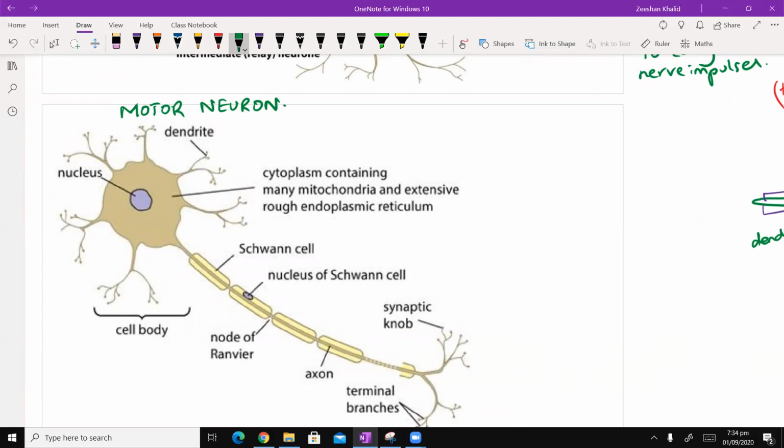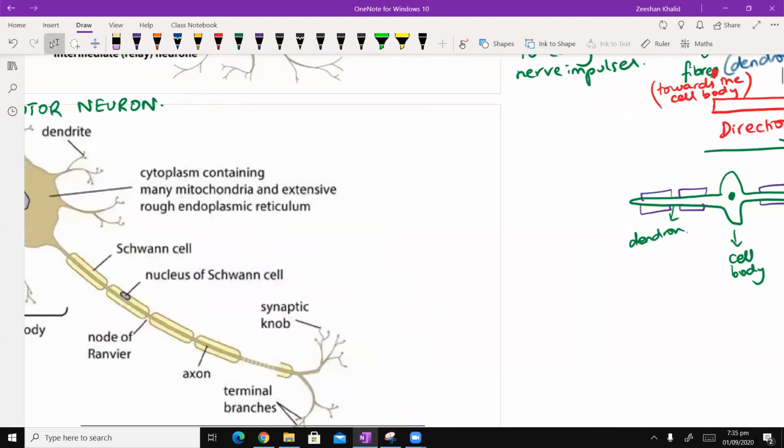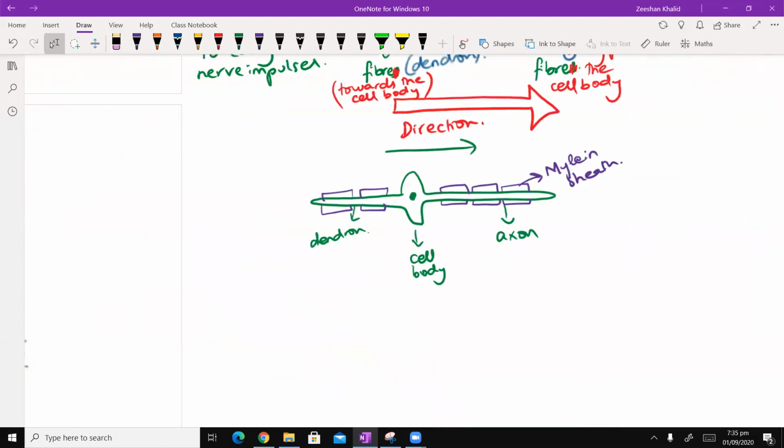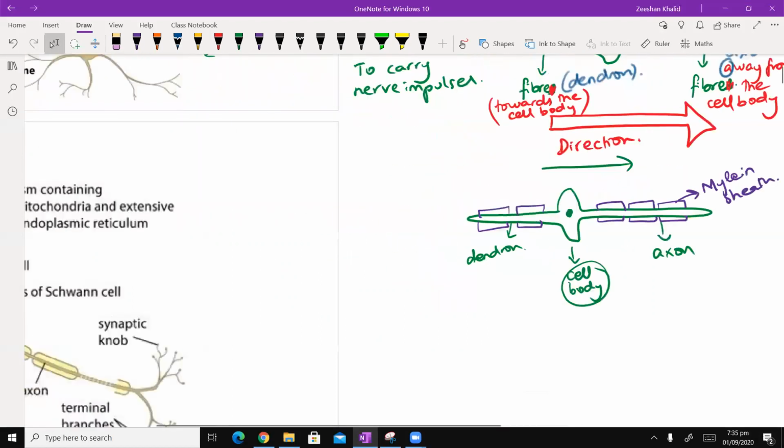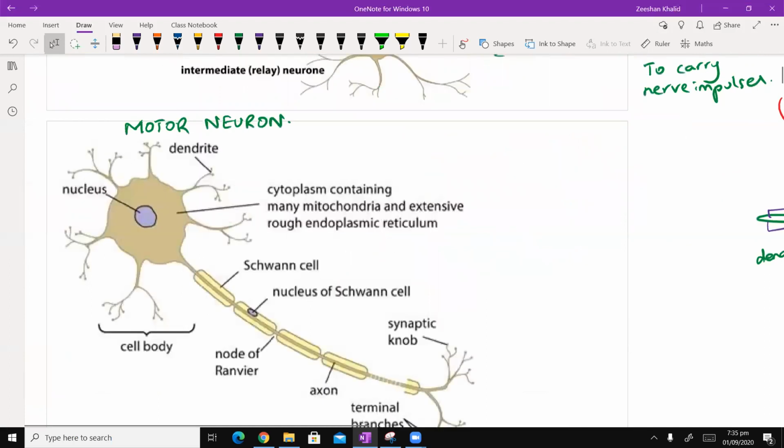Now, the first thing that you need to understand is this is a cell, okay? And a cell will typically have something. Lekin, generally speaking, if you come to the right-hand side of the board, what we did yesterday was, generally speaking, आप दो parts में divide कर सकते हैं neuron. You have the cell body, okay? And then you have either of the fibers, either the dendron या फिर axon. So basically the cell body and the fibers. That's the two main essential things basically that you have in a neuron.